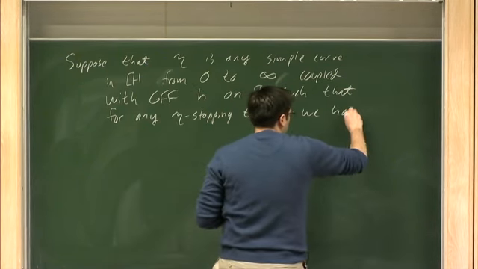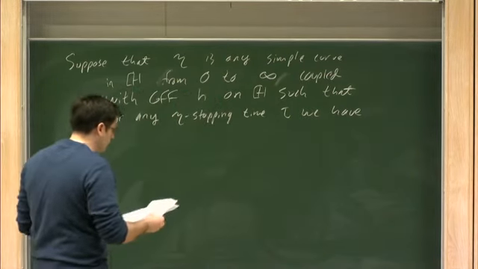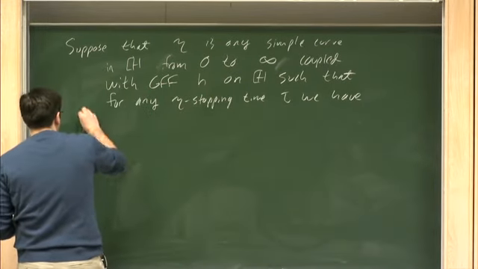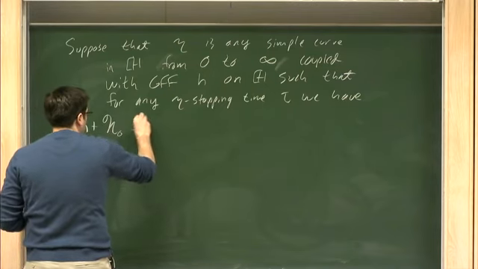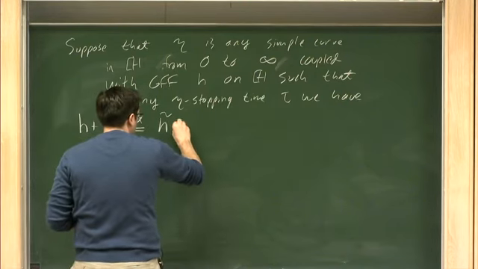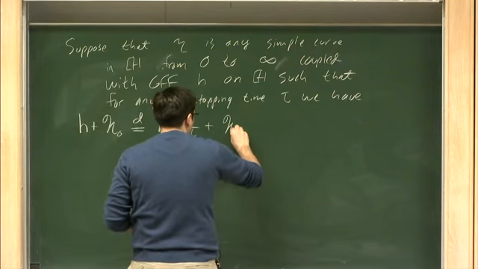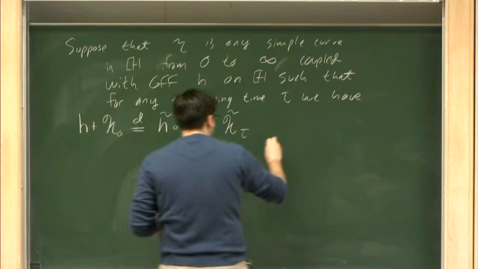we have that the analog of the theorem statement holds, but with this path in place of what we assumed to be SLE. So we have that H plus H0 is equal in distribution to H tilde composed with F_τ plus, say, H tilde_τ, where here